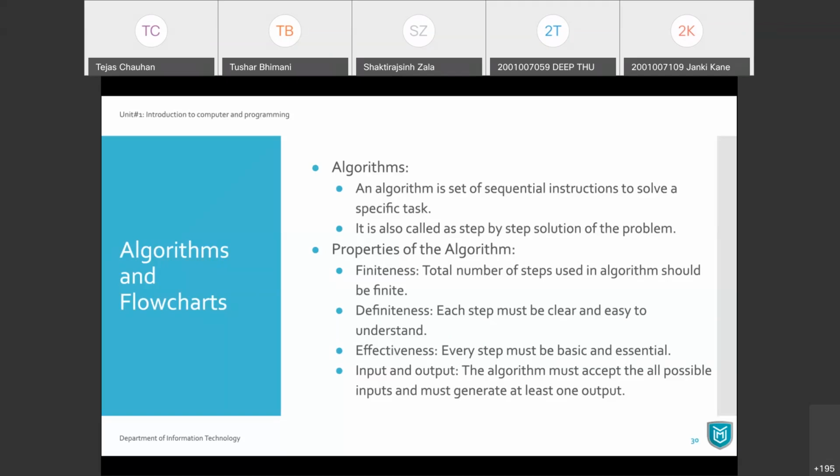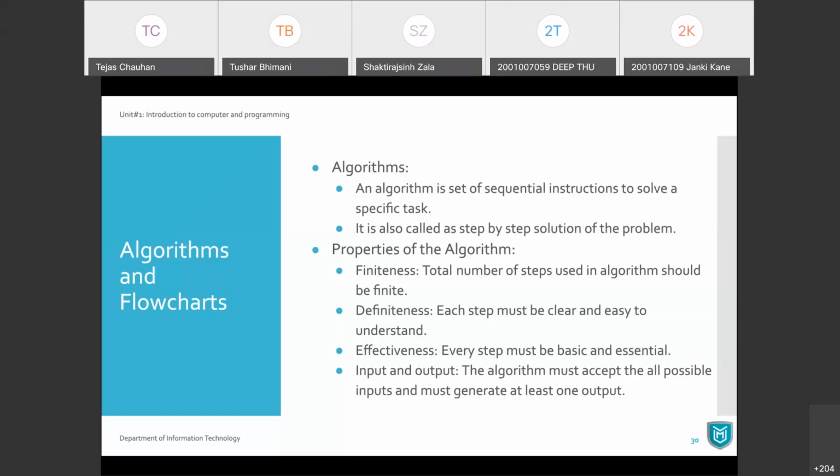That's it. Algorithm must have a few properties, like it should be finite, and there should not be infinite steps. It must have definiteness, so at any point of time you should know what will be my next step. It should have effectiveness, so whenever you perform those steps, you must have your required output, and it takes input and output. Those are the properties, right?